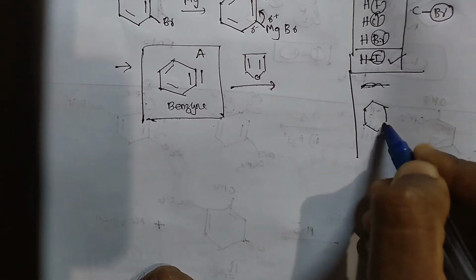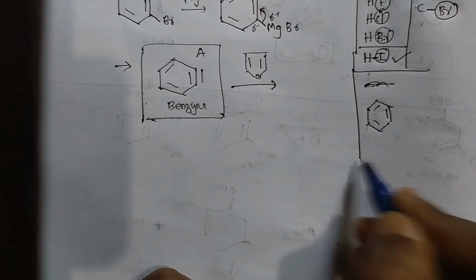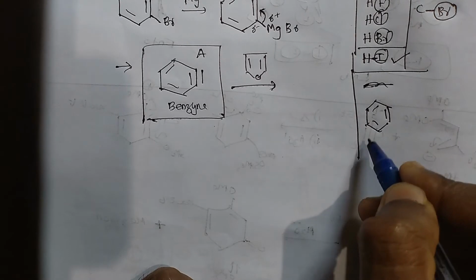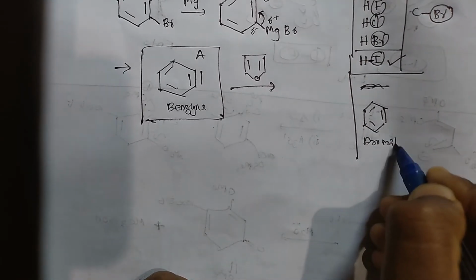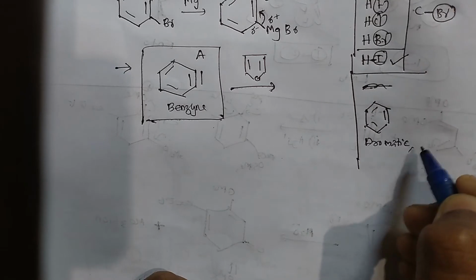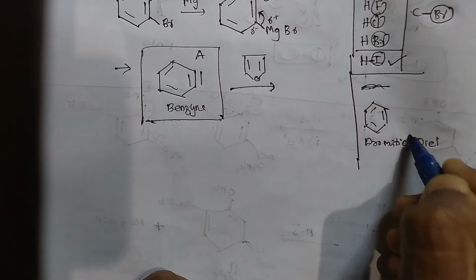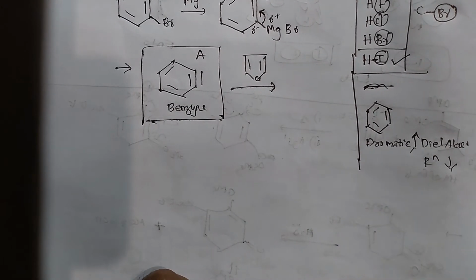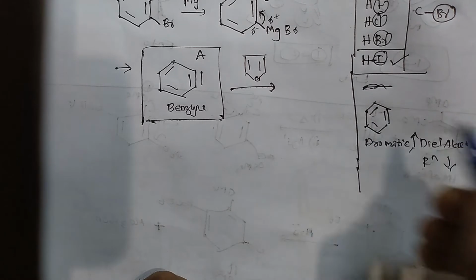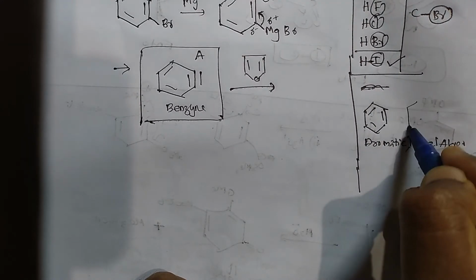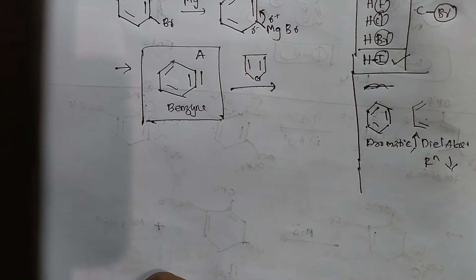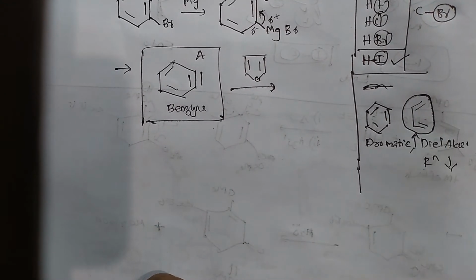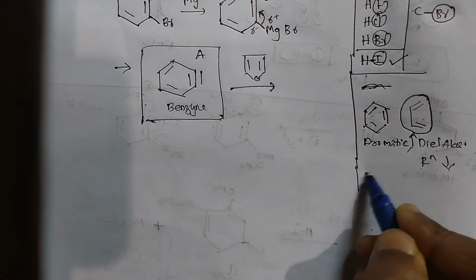Consider benzene. Now this is aromatic in nature. In case of Diels-Alder reaction, if the compound is aromatic, its chance of Diels-Alder reaction decreases. Aromaticity increases, Diels-Alder reaction decreases. So if we compare benzene and butadiene, you could see that the Diels-Alder reaction will be more favorable in butadiene. So while considering furan,